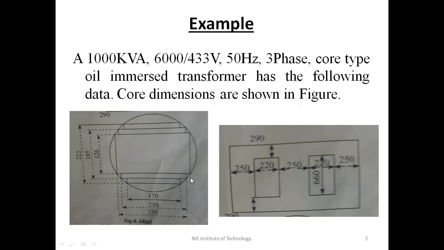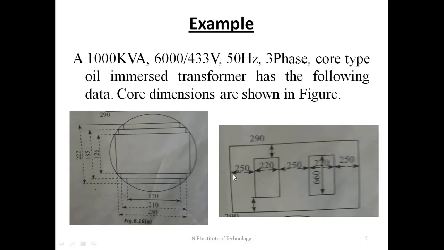These two figures are given. From this figure we can easily say that it is a 3-step core and the steps are given here. No need to calculate the steps. It is 250, 210, 170 horizontally and vertically it is 222, 185, 126. This is the step size given, and the circumcircle dia is not given here. We should calculate it, so I will tell you how to calculate the circumcircle dia. And this is your magnetic circuit, the core circuit.